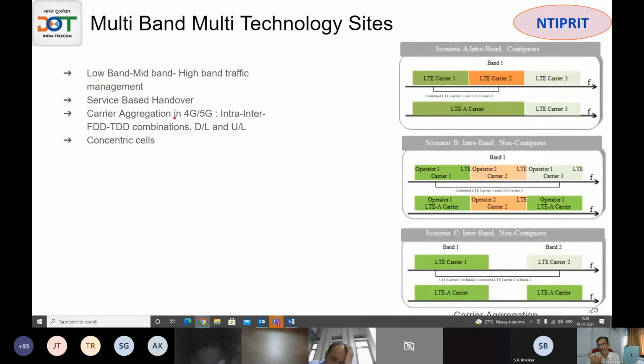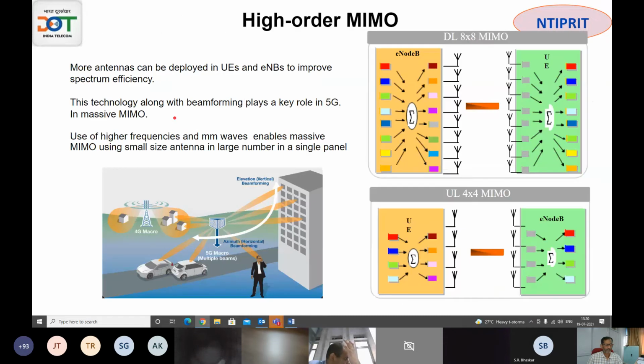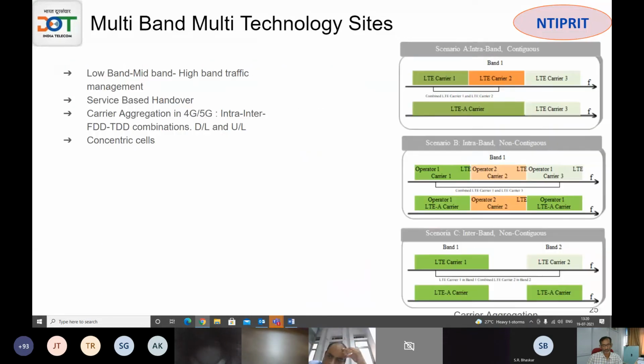And then of course, carrier aggregation, other things are there. Carrier aggregation generally comes initially in the downlink only. Then uplink carrier aggregation technologies are also coming, and again between TDD and FDD, that combination itself is further evolving. So there are many layers of complexity in carrier aggregation.